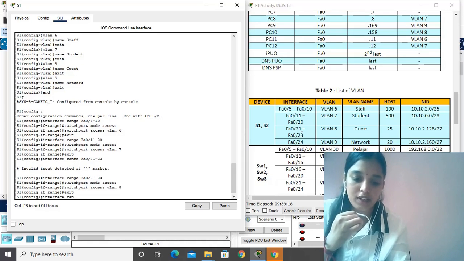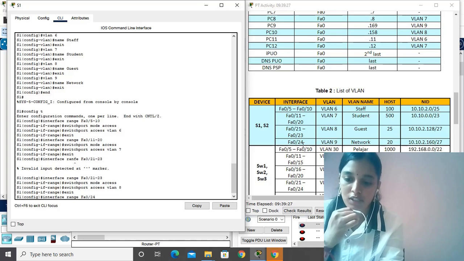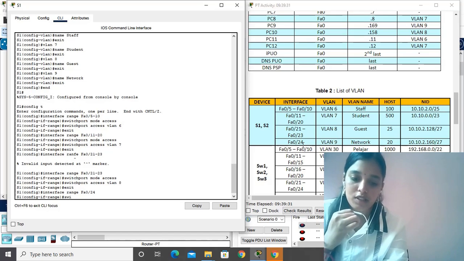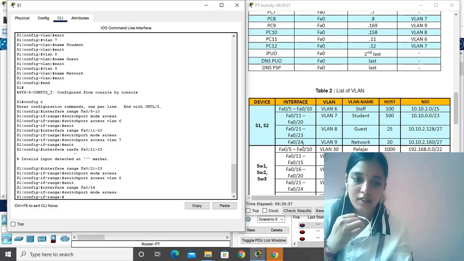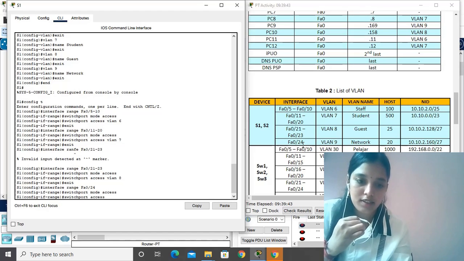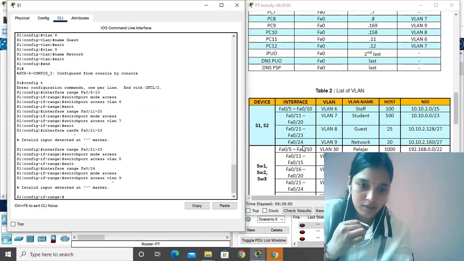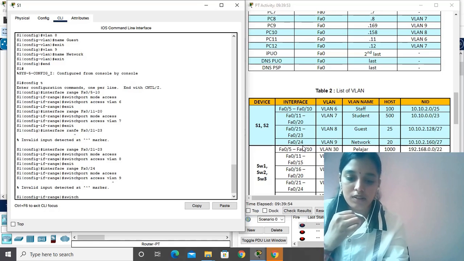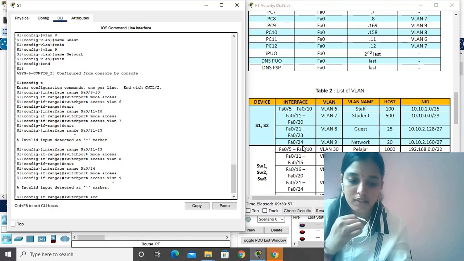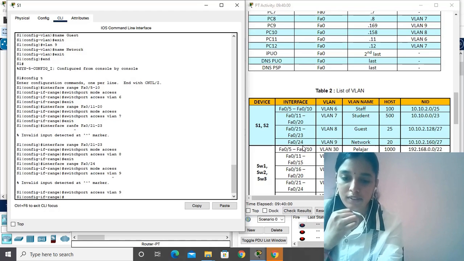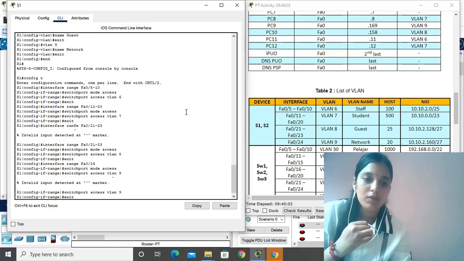interface range FA0/, there is given 24, you should write 24 only, and then switch port mode access, switch port access VLAN 9, exit. That's all. We should follow this